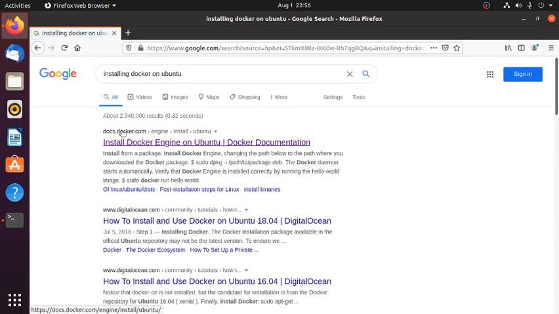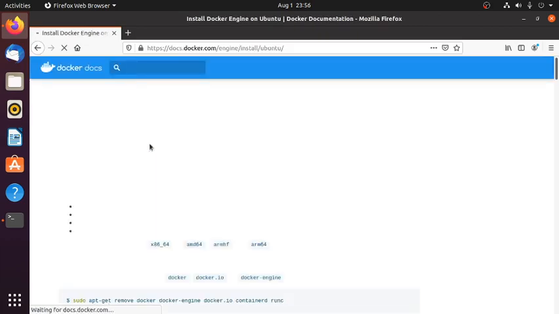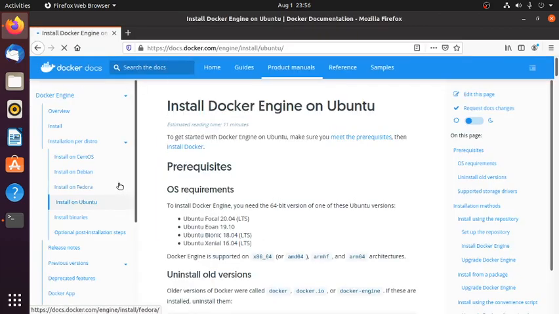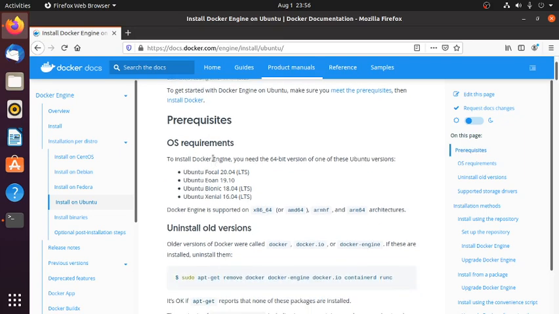Alright, so this is from docs.docker.com. So this is the official Docker website and documentation. This looks like what we want. And as you can see, it already drops us in on the part of the installation documentation that pertains to Ubuntu. Alright, if you go over a quick glance of the requirements, you can see that they list about 4 releases of Ubuntu